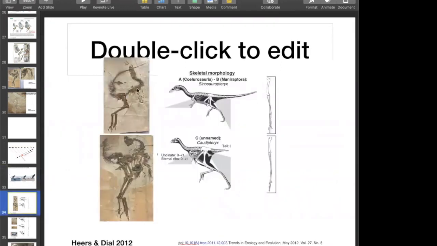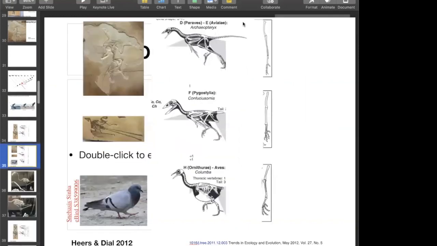Here's our Sinosauropteryx, all right, and it has fairly even length of these bones. But then if we look at our Caudipteryx, which is now one of our Maniraptorans, with the fancy wrists, this animal has a shorter femur and longer shin and foot. If we keep looking at more derived theropods and we look at our Archaeopteryx, short femur, long shin and foot,